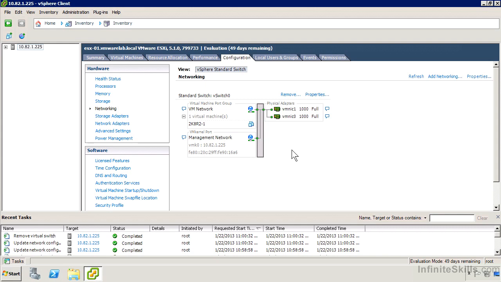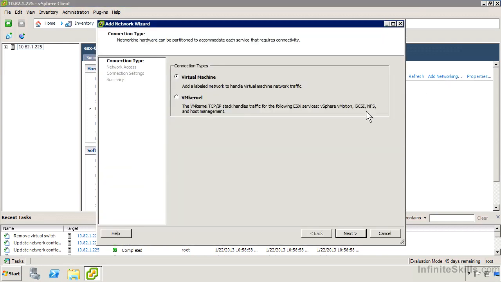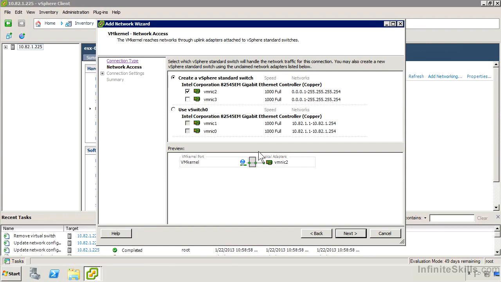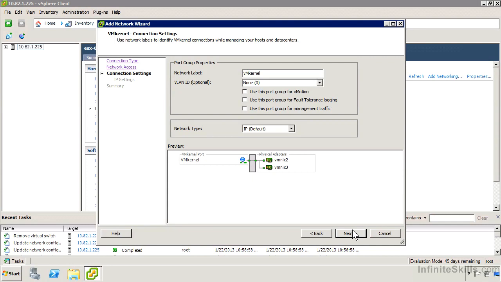In this case, instead of creating a virtual machine port group, I actually want to create a VMkernel port. So I'm going to go ahead and add networking here and just choose VMkernel. And once I do that, you'll see that things are going to be a little different. Yeah, I do want to create a vSphere standard switch. It already removed my vSwitch 1 from earlier. I do want to use NIC2 and NIC3, but now it asks me for some additional details that we didn't